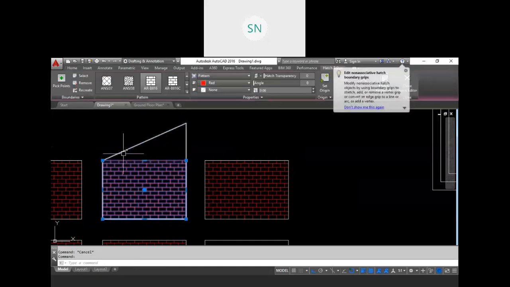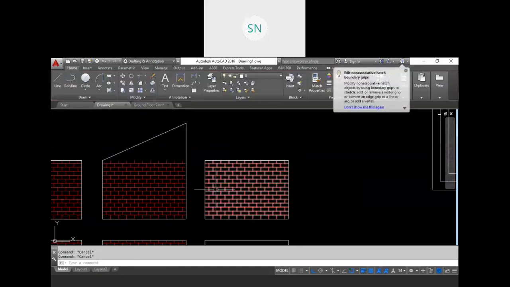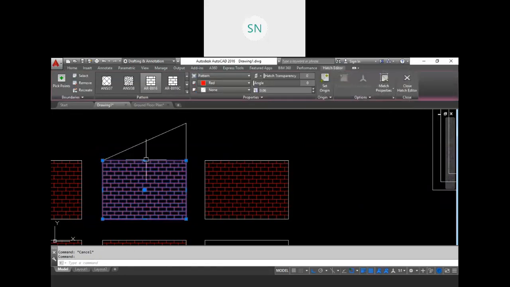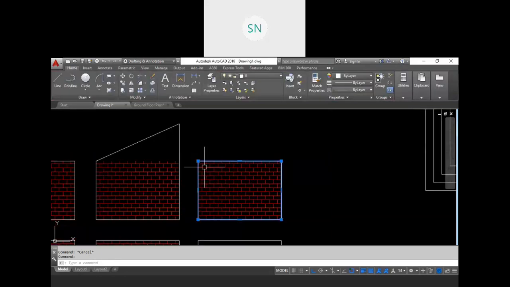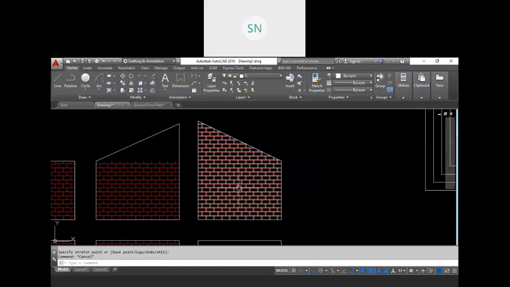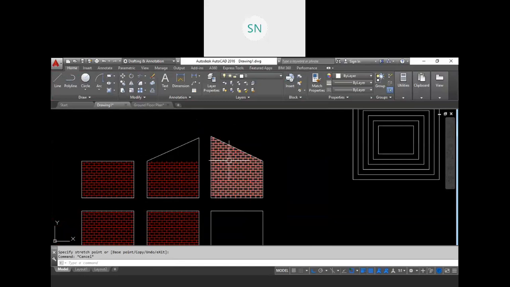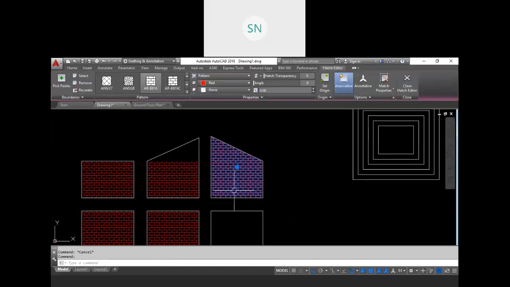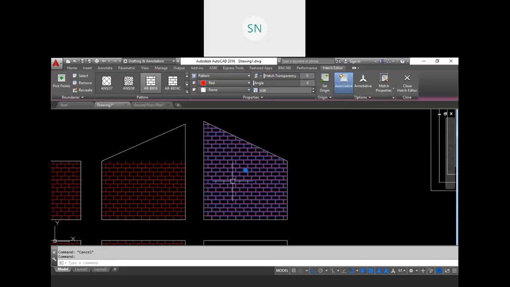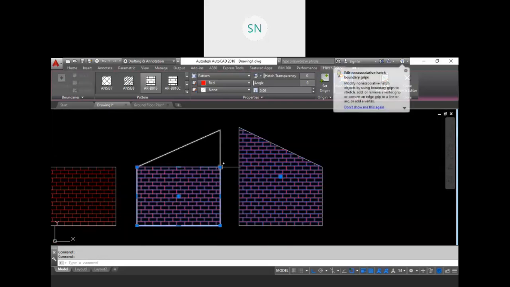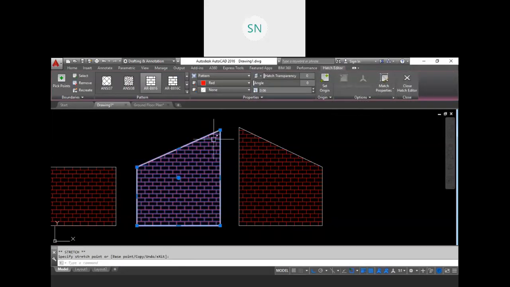My hatch is not dependent on my boundary now, because just select it and see, the hatch has its own boundary. But if I change the boundary of this object, then my hatch is also going to change its boundary, because this hatch depends on the boundary. So if you change your boundary, meaning your dimensions, then your hatch will automatically adjust with that, and in this case you need to do that manually, because your hatch has its own boundary, it is not dependent on the boundary.